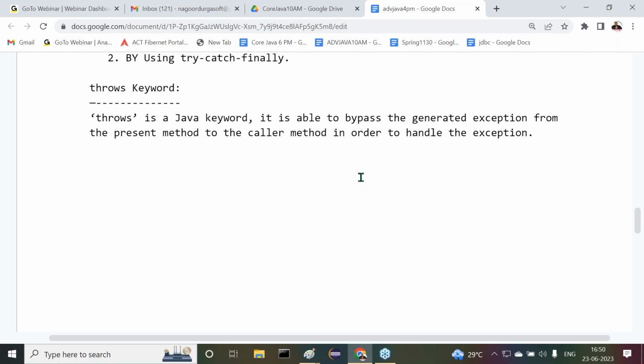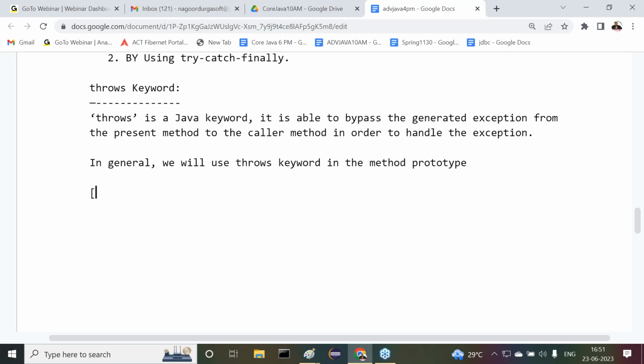Next one is, what is the syntax of this? Where are we going to use this particular one? In general, we will use the throws keyword in the method prototype, meaning the total method syntax. I will give the syntax of these methods.